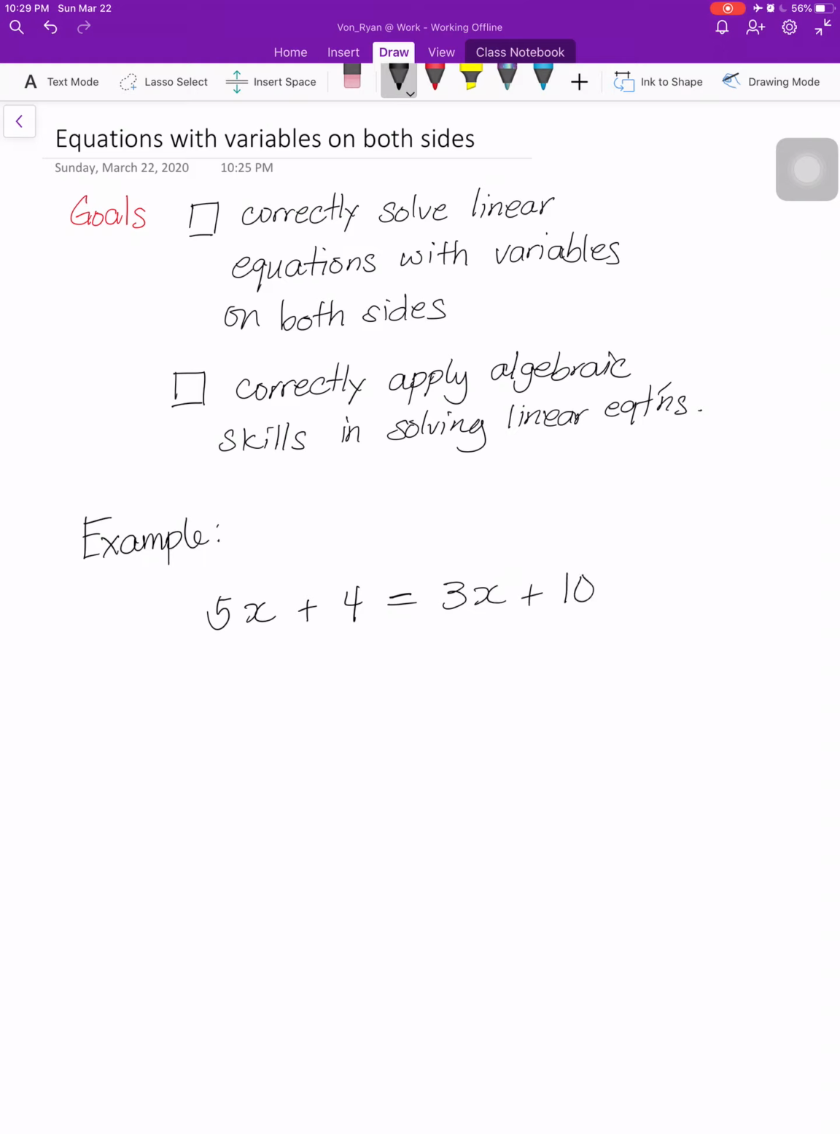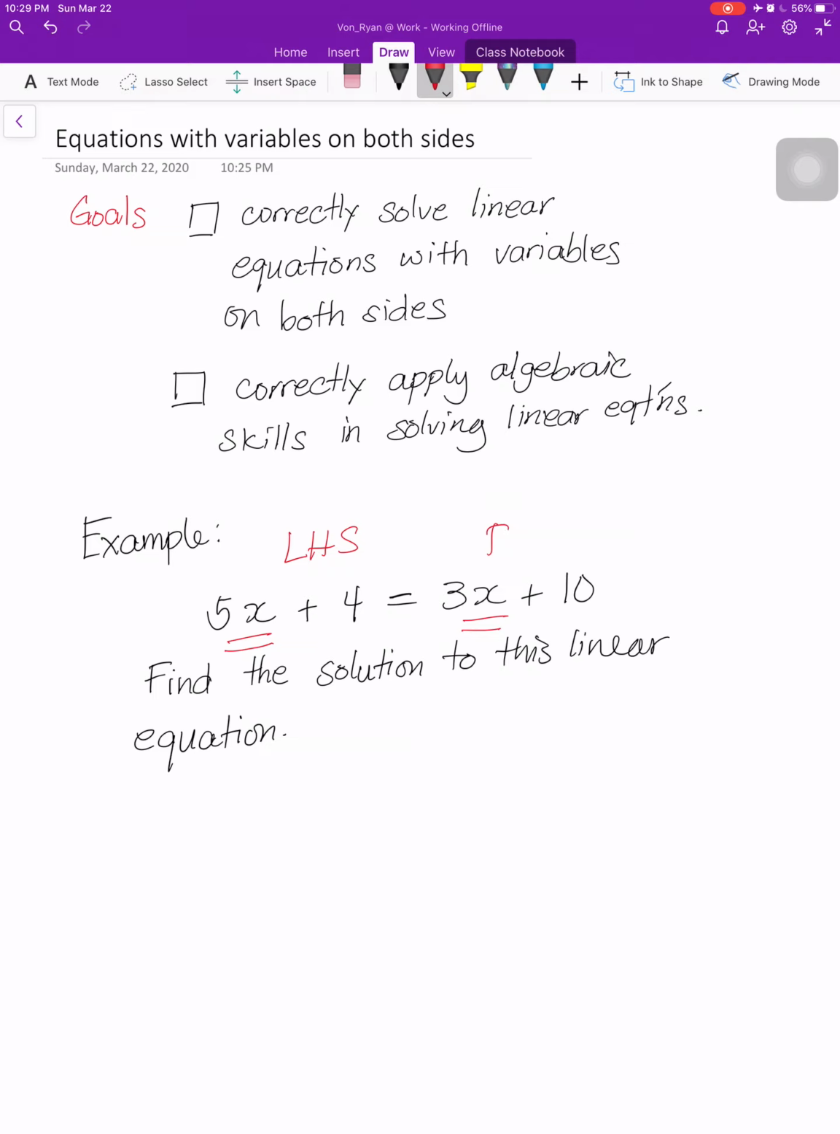Okay, now we want to solve or find the solution to this linear equation, and to do that we are essentially looking for the value of x. Again, when we're asked for the solution, we're actually looking for the value of x. Now, it's important to be able to see that x is present on both the left-hand side and the right-hand side of the equation. And so your goal first is to, step one,